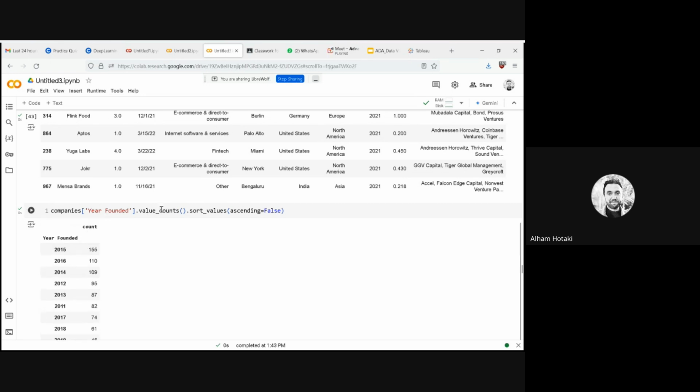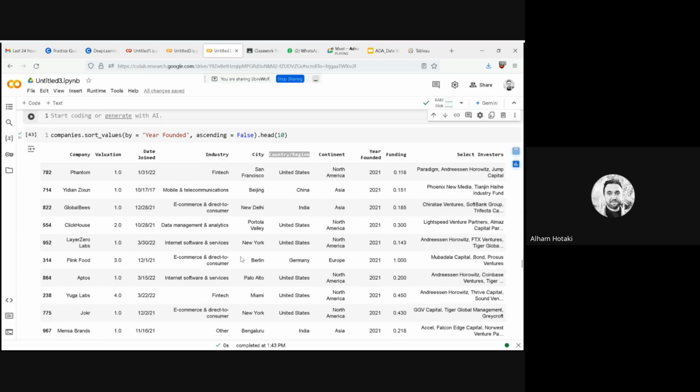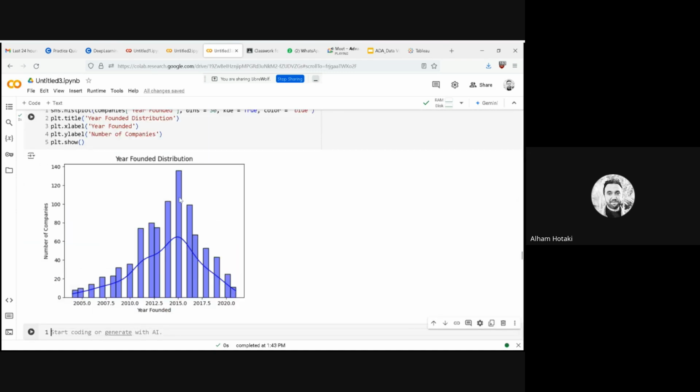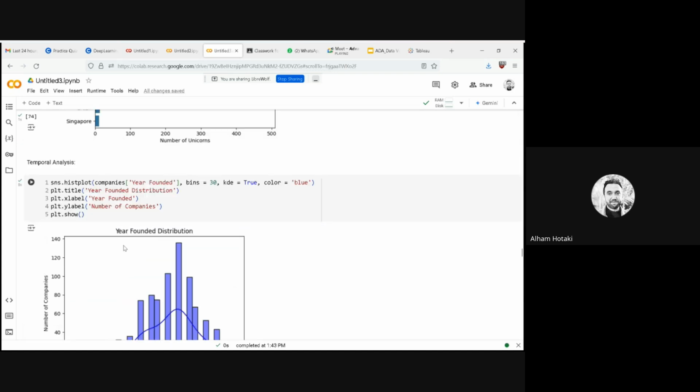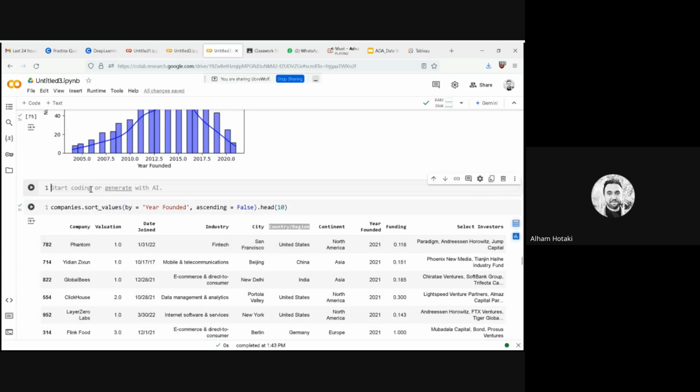We did a year founded group by, yeah, and we came to the conclusion that 155 companies were established in one year, and this is how it has been established in that year founded. This is the number of companies which have been established. Now, coming to one more thing,